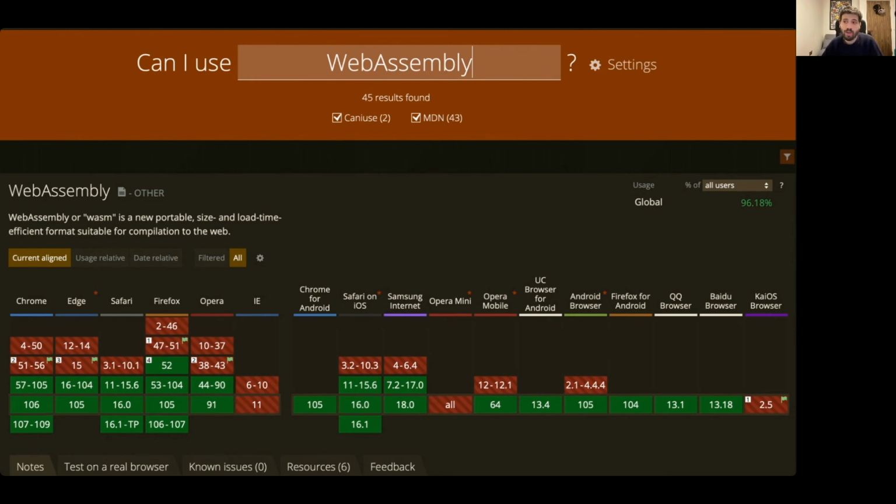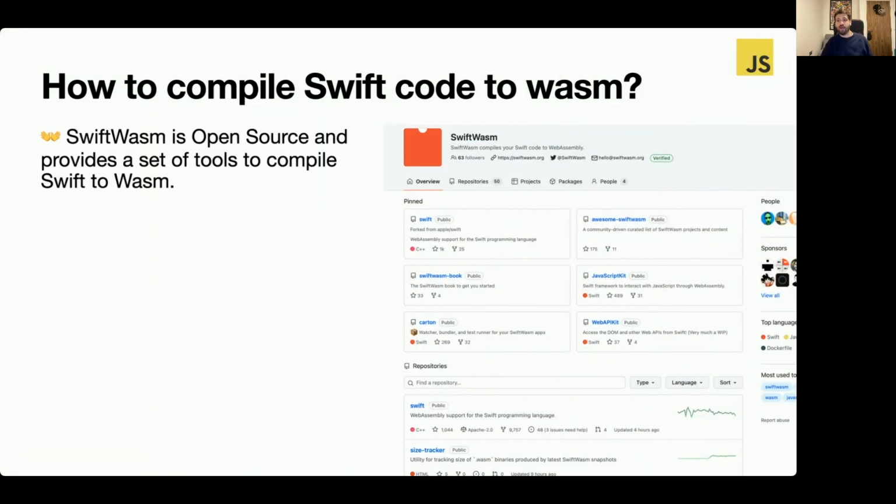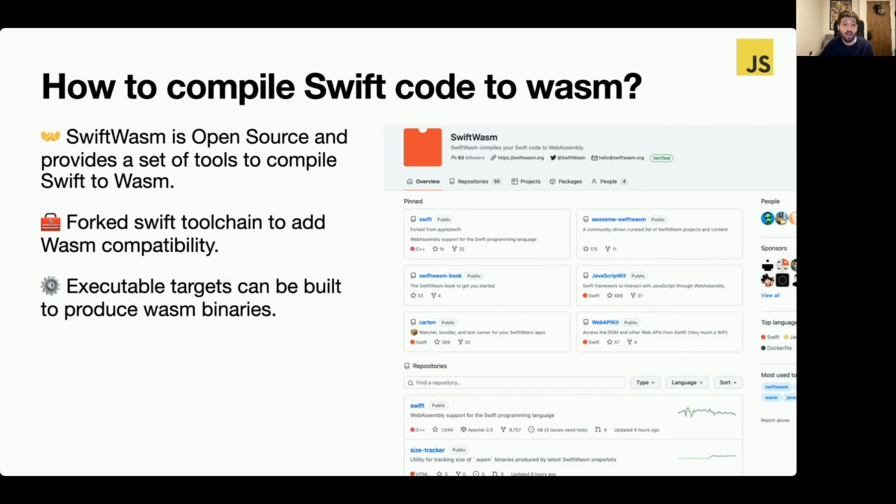But how do we compile Swift code to WebAssembly? What goes into that? Well, we can use an open source project called SwiftWasm, and it provides a set of tools to compile Swift to WebAssembly. It's got a forked Swift toolchain that adds WebAssembly compatibility, and you can use any executable targets in Swift packages to produce wasm binaries.